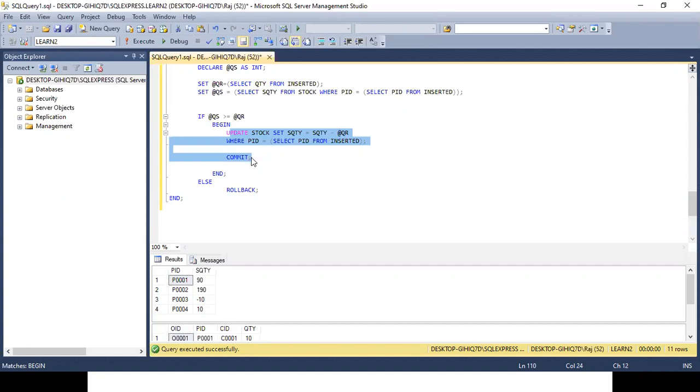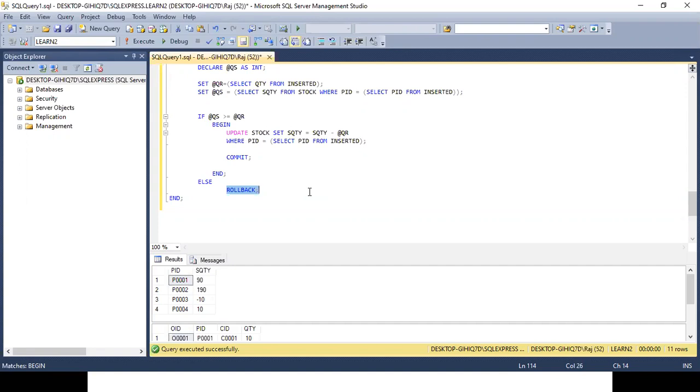Then else rollback. Rollback means what has happened. We have seen that when we had an insufficient quantity, the record does not get inserted. But actually, this trigger fires when the insert operation occurs.